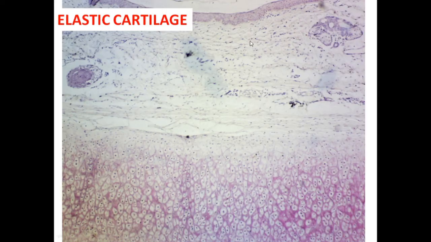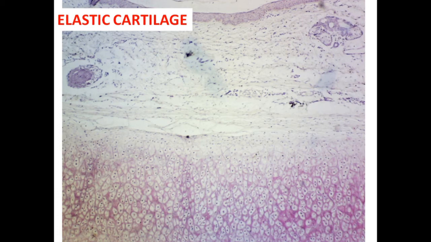As you can see here, the slide of the elastic cartilage is generally made from the epiglottis or pinna of the ear. So we can find some epithelium of skin, that is the keratinized stratified squamous epithelium, or if it is from the epiglottis of human, then it is the presence of non-keratinized stratified squamous epithelium on one side and pseudostratified ciliated columnar epithelium on the other side. So here you can see a particular epithelium. This is the non-keratinized stratified squamous epithelium, and here is that large structure consisting of a large number of cells. You can easily differentiate it from the hyaline cartilage.